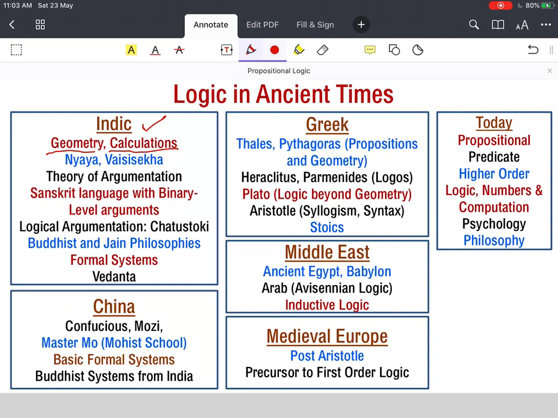However, slowly, logic became a discipline of its own, and in the six systems of philosophy of Indian philosophy, which consists of the Shad Darshan or the six systems, Nyaya, particularly the Nyaya school, was the school of logic. There was also logic in Vaisesika, and there was logic in various others, including Vedanta, which we shall see later. Logic was processed by a theory of argumentation and debate.